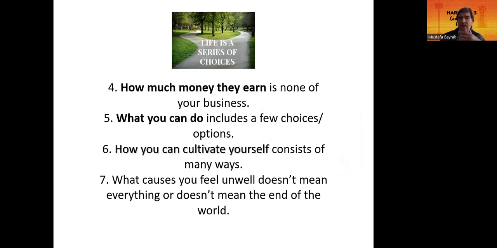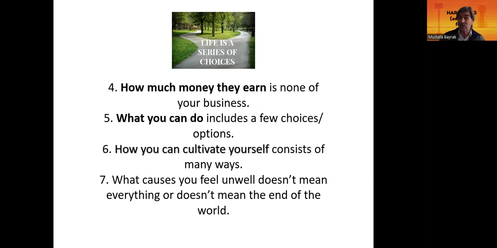Our choices determine our personality, our identity. Our choices mostly determine our identity. Okay, how much money they earn is none of your